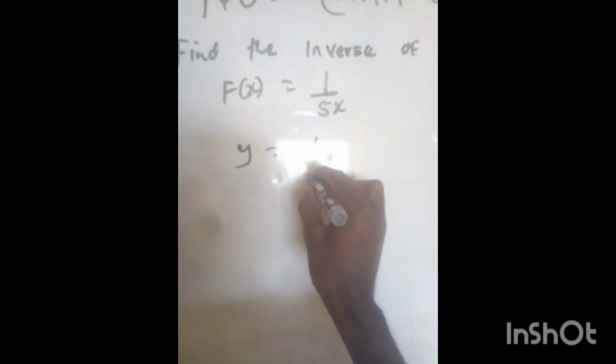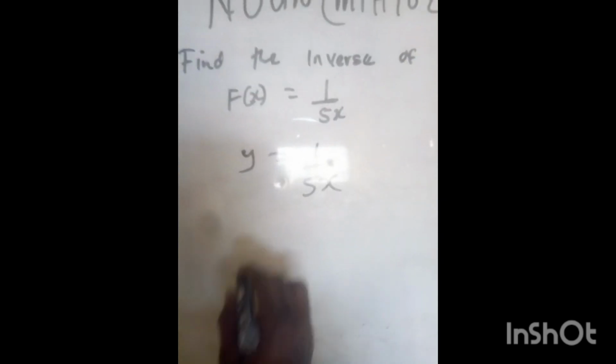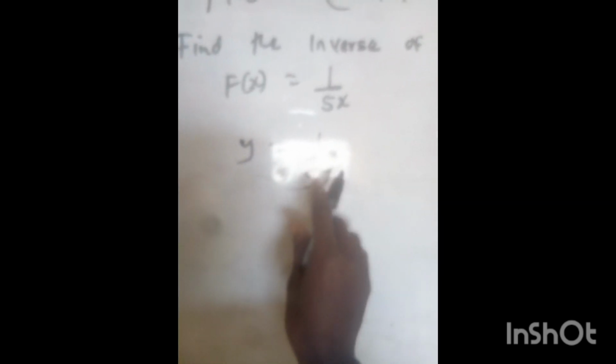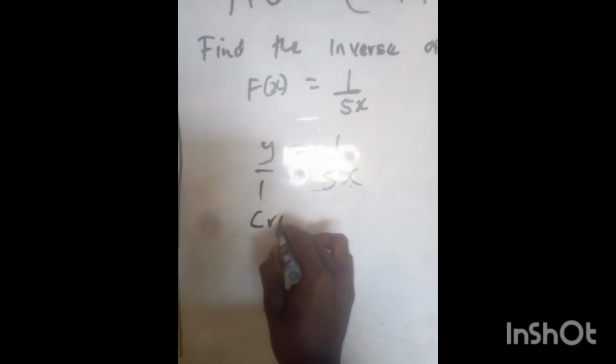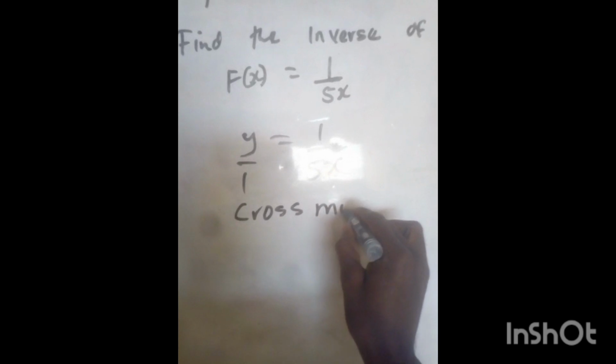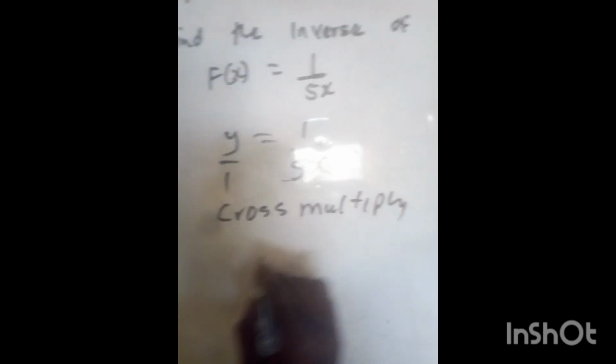Then we now have y = 1 all over 5x. Now step 2 is for us to make x the subject of the formula. From there we can now cross multiply. When we cross multiply, we are going to have